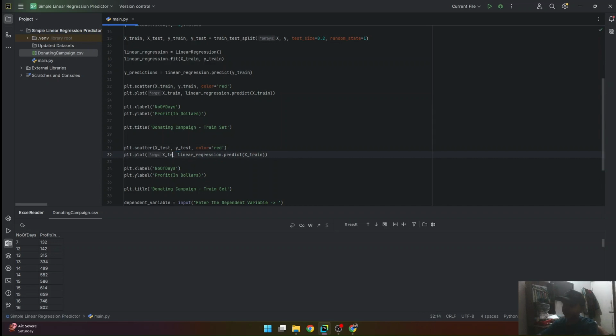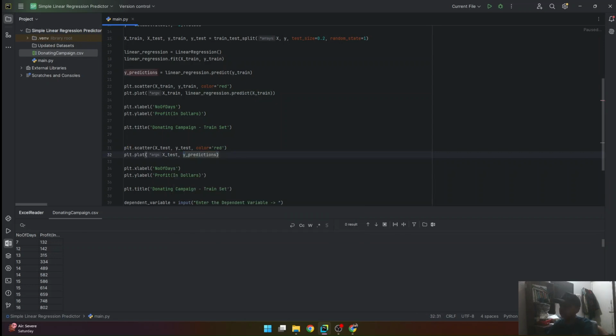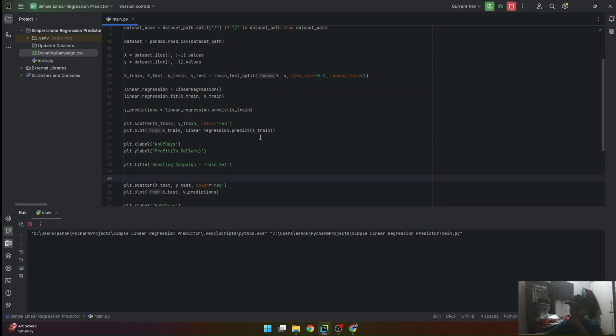To evaluate it, we'll use X_test and the predictions, or else we can just keep it the same. Number of days and profit labels will be the same. Here it will be the test set. I hope I did that right. Let's run the program to see how it goes.